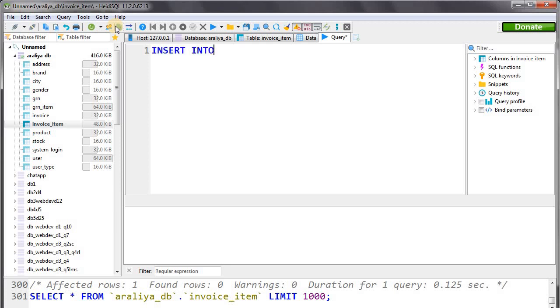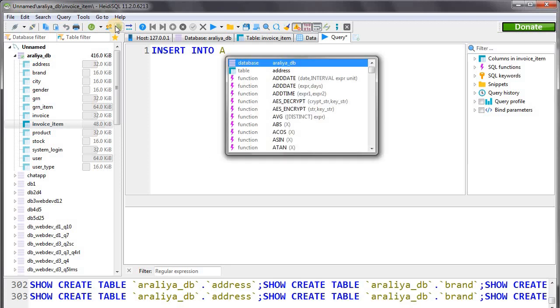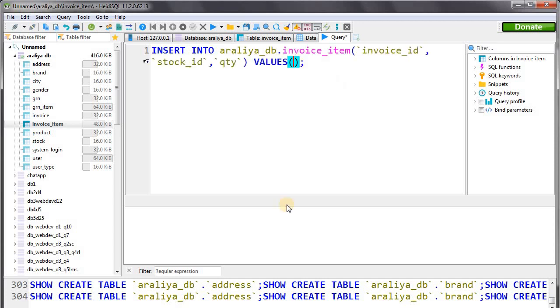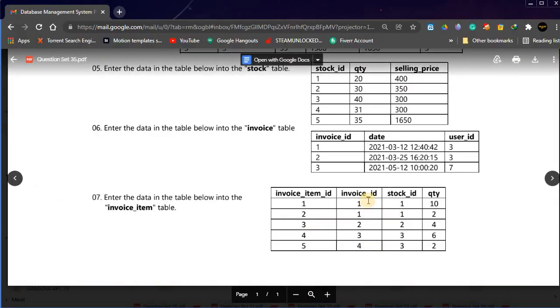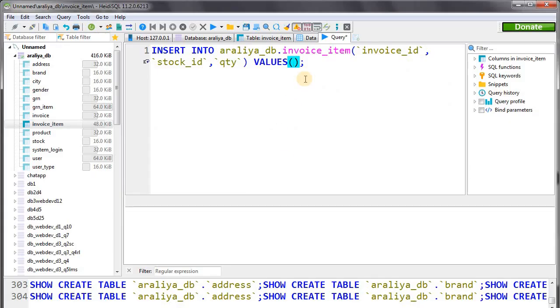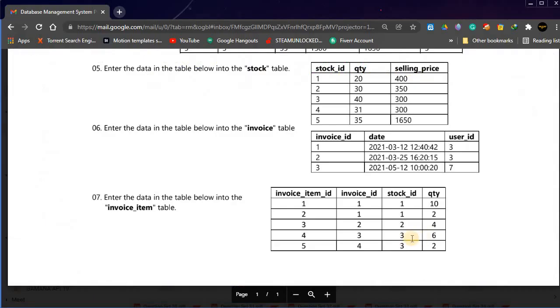Insert into Aurelia DB invoice item table. This time invoice ID 1, again stock ID 1 and quantity 2. And this is the next query. Insert. Okay, invoice ID number 2 and stock ID 2 and quantity 4.